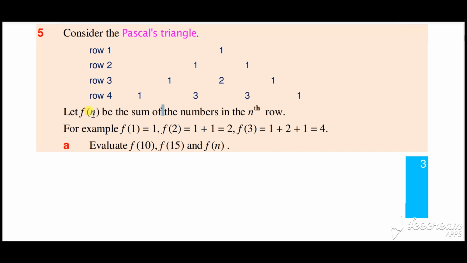Let f of n be the sum of the numbers in the nth row. For example, f of 1 is equal to 1, f of 2 is 1 plus 1 which is equal to 2, f of 3 is 1 plus 2 plus 1 which is equal to 4, and also